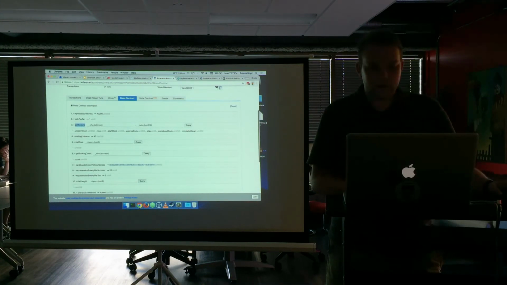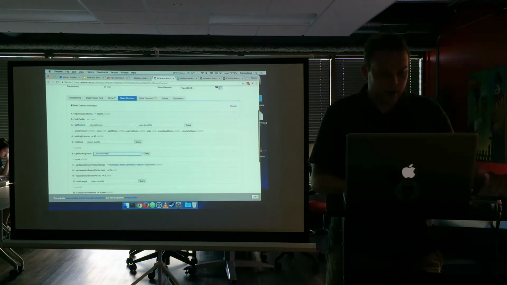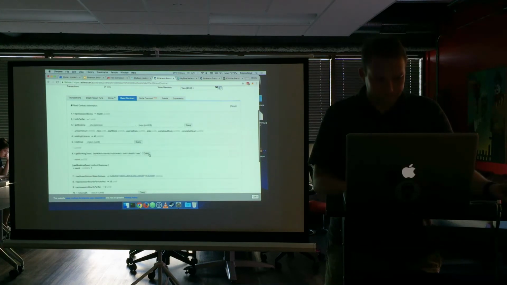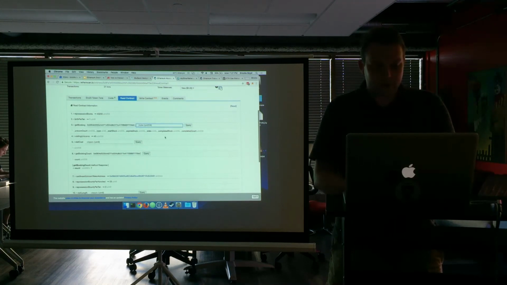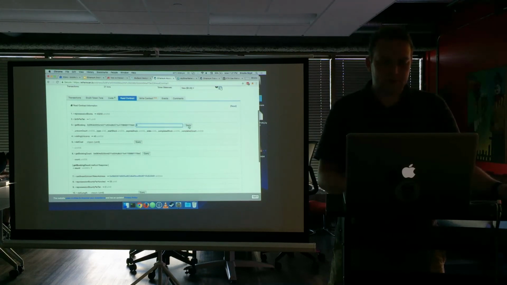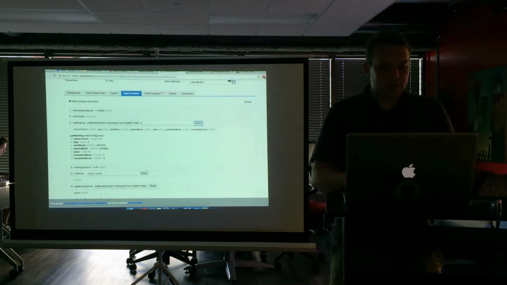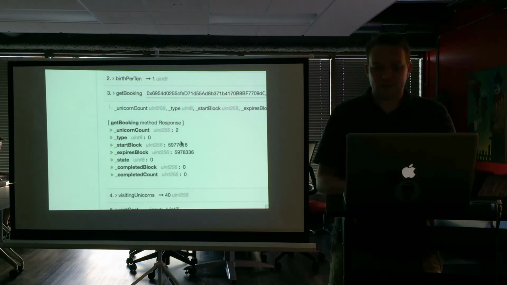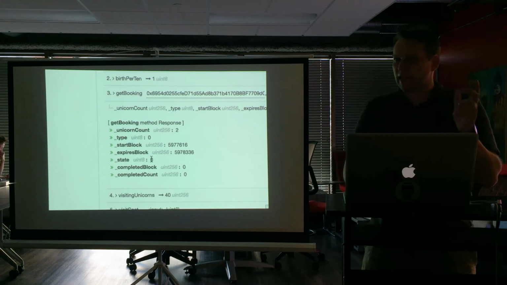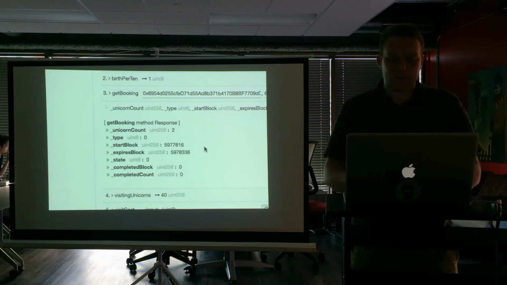So what I actually want to know is for my account, I want to know how many bookings I've currently got. Query. I have 7. I've checked into my own ranch a few times. So for that one, I want to get my 6th one, which I believe, because it's a 0-based array, it's going to be off by that. So here it shows, indeed, the last booking in my list was for 2 unicorns. It started at this block and will expire in this block. It's currently in the state of 0, which relates to that in progress one. And indeed, it is actually recorded there on the blockchain. That actually did execute properly.